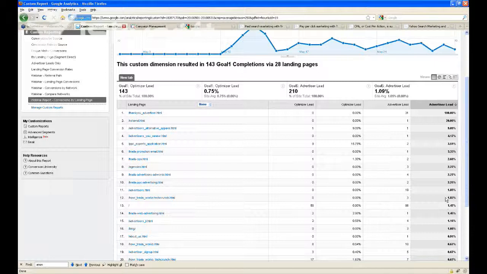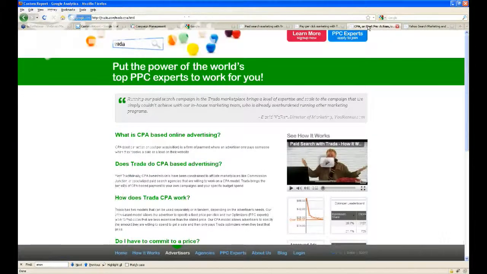Let's go up the list here a little bit, and what you'll see is a conversion rate here of 2.6%. Wow. That means that people that came to this specific landing page actually converted at 2.6%, almost 50% more than those that came to the home page. Well, if I had my druthers, I would have everybody go to that page because then I would get 50% more conversions. Let's take a quick look at that page.